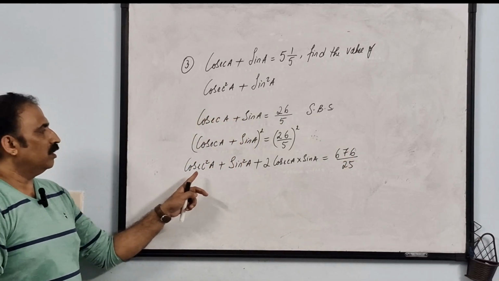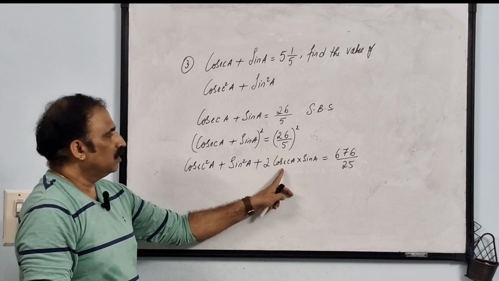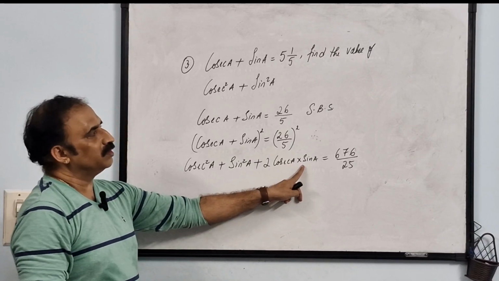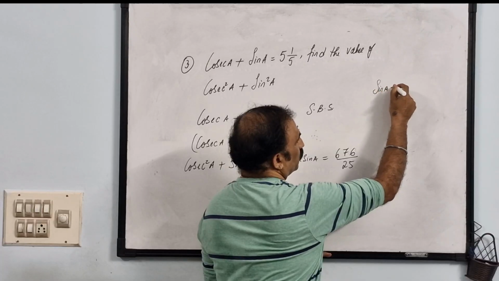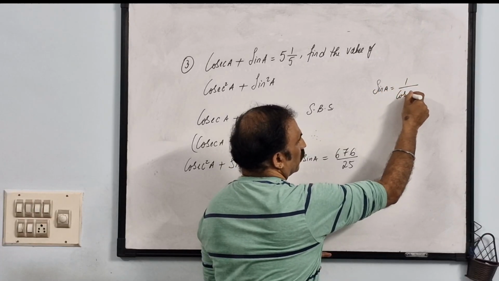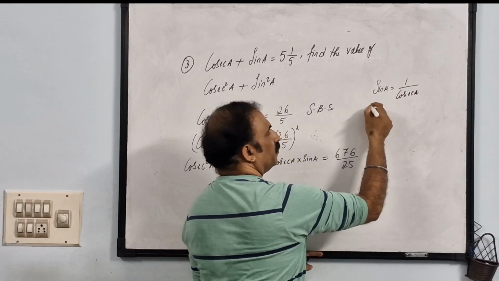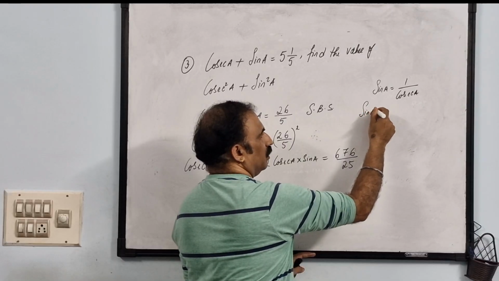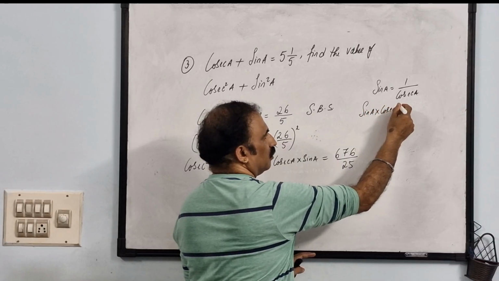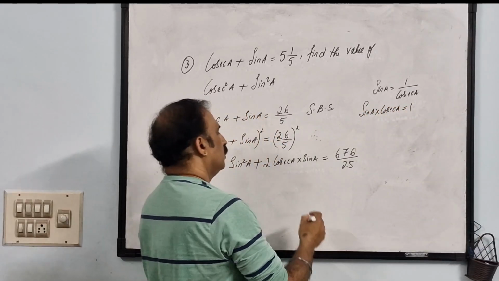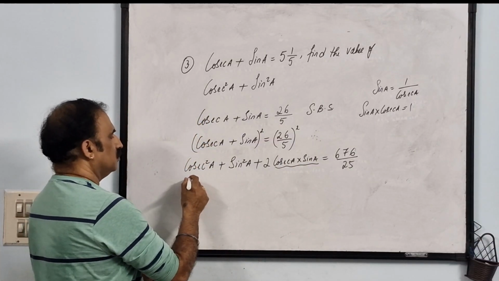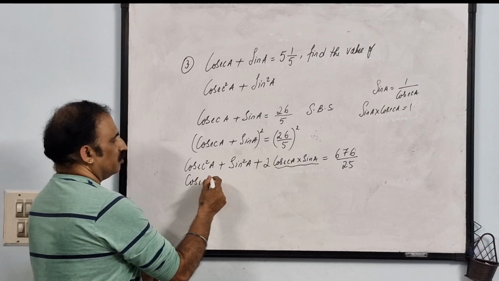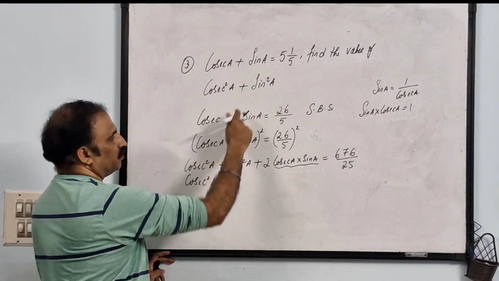Now here it is in the form of expansion. Now these two are under the reciprocal ratios. Now we know that sine A reciprocal is going to be 1 by cosecant A. Now when I cross multiply it, sine A into cosecant A is going to be equal to 1. That means the whole value of this is going to be 1. So this remains as it is because you are finding the answer for this cosecant square A plus sine square A